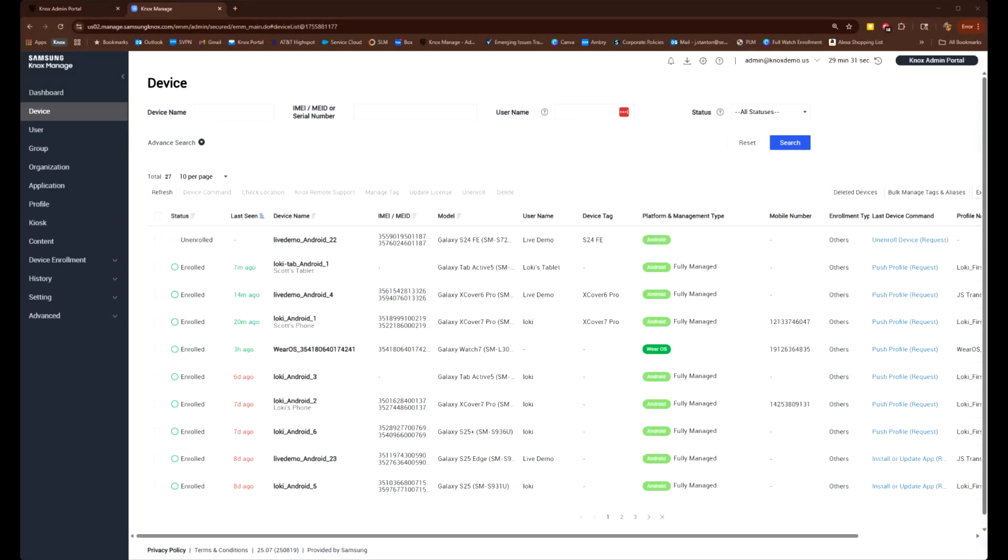I am a sales engineer here at Samsung, and I want to teach you how to add devices to Knox Asset Intelligence using Knox Manage. So the first thing we're going to do is make sure that we have devices in our Knox Manage console, and I do. So I want to grab a couple of these devices just to add them real quickly to